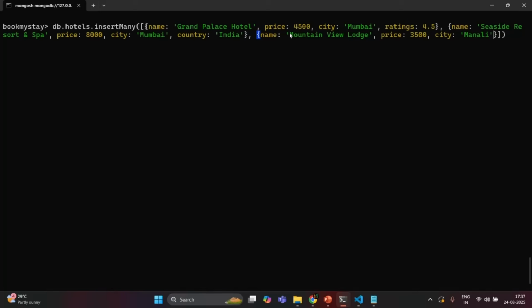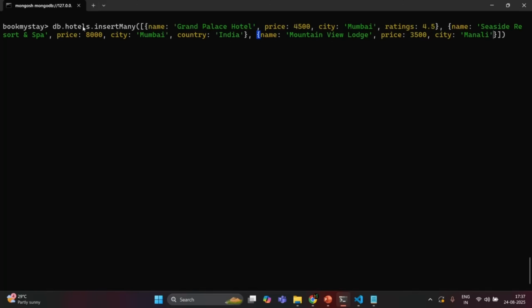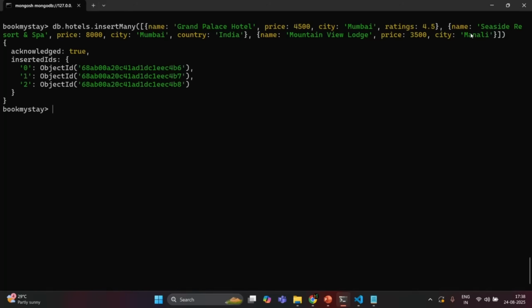Okay, and that's it. I don't want to have any other property for this hotel object. So here, if you see, using this insertMany method, I'm specifying an array, and inside that array I'm specifying multiple documents which I want to insert in the collection. If I go ahead and press enter here, all these documents should be inserted at once,